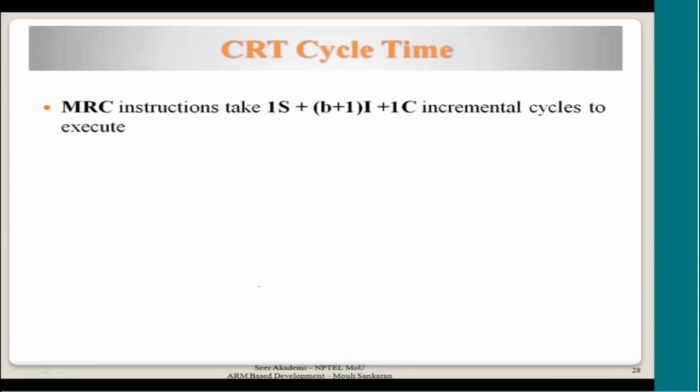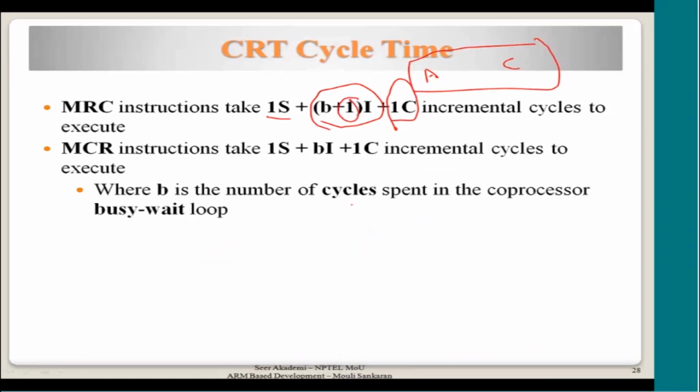So cycle time is 1 sequential cycle for the execution, and then if there is a wait, 1 busy wait, and then 1 coprocessor cycle, because this is called coprocessor cycle because we are transferring between ARM and coprocessor. That is what is called a coprocessor cycle. And why is this plus 1 there apart from busy wait? That is because